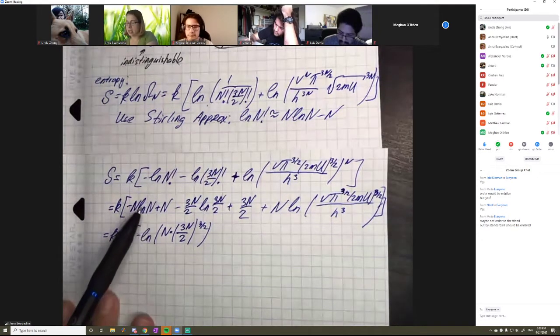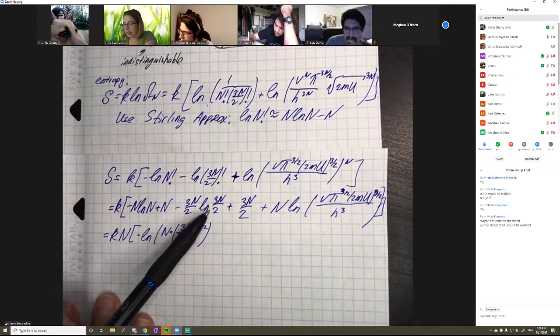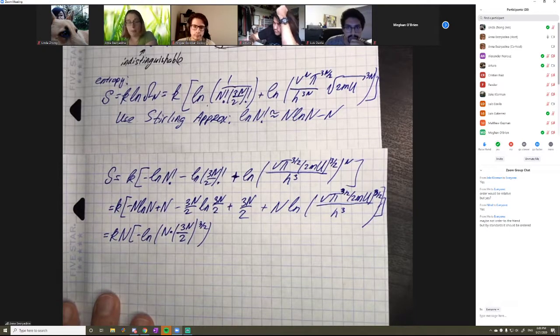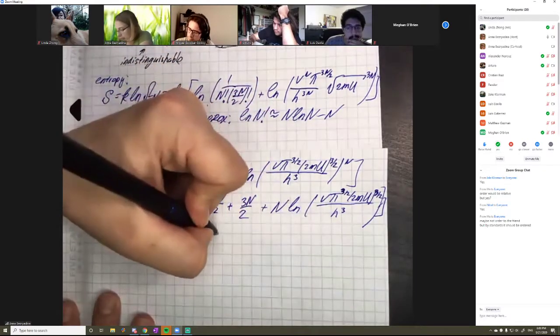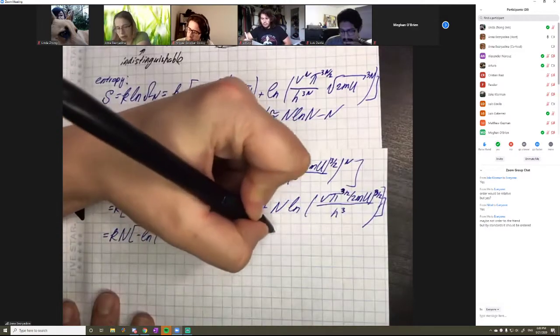Does that make sense? I remove n's, and here logarithm of n, so we get n, and here we have 3n over 2, and this n was going out, but this is 3 half, goes to the power. Okay? Plus 5 half plus logarithm of